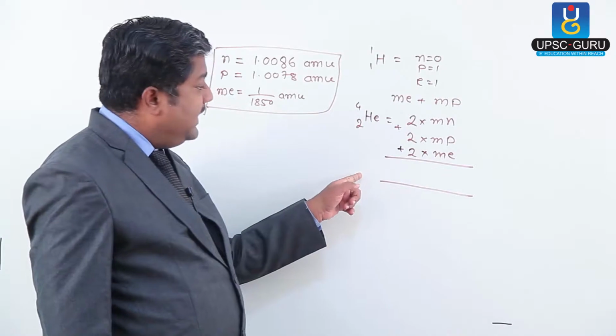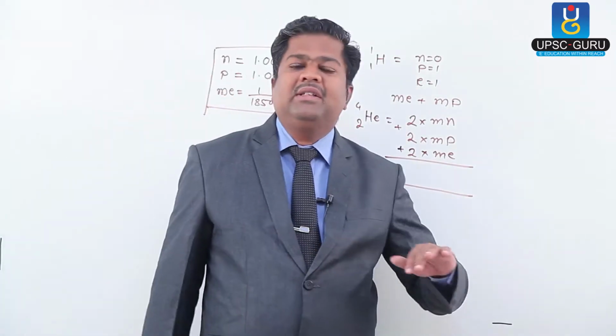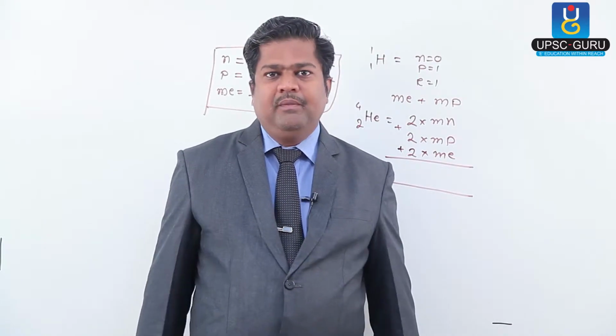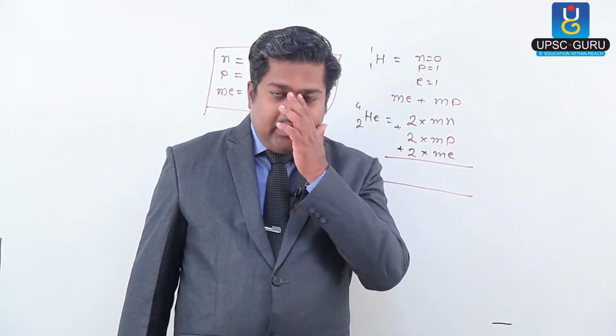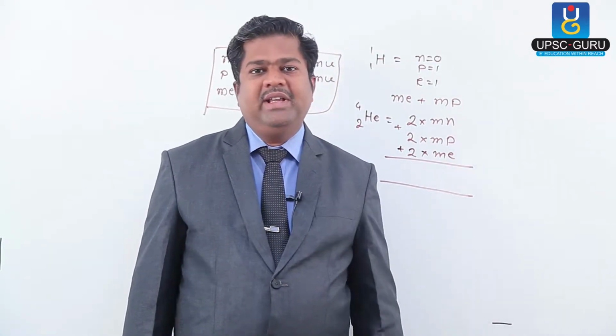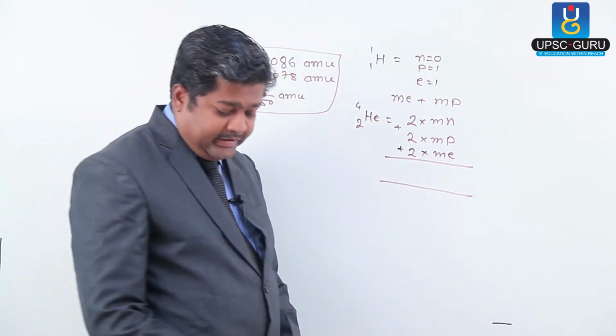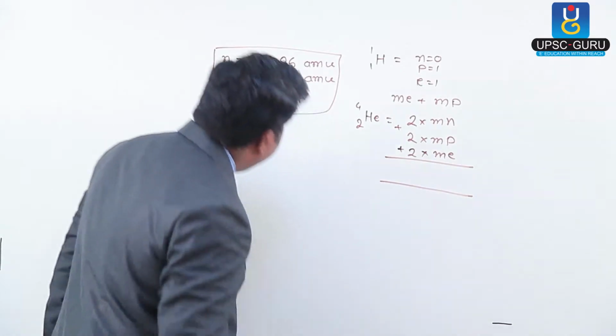Now this is called the calculated mass, whereas the method we are going to use practically is called the actual mass. So we have the practical determination of mass that we call the actual mass, and we can calculate this way, that is called the calculated mass. Now there is a general formula I have to prepare